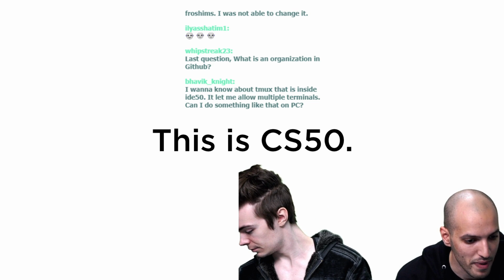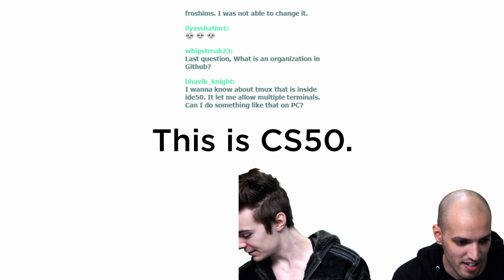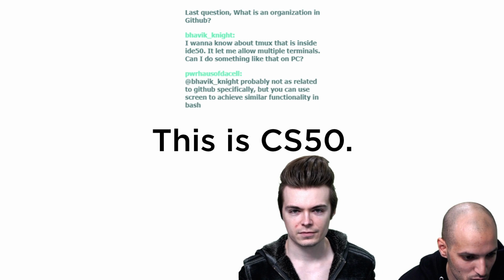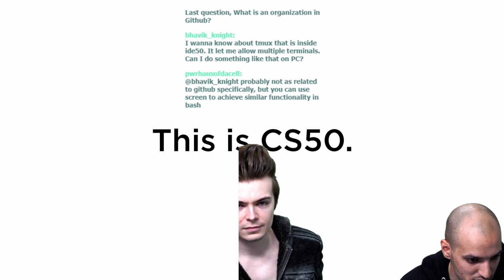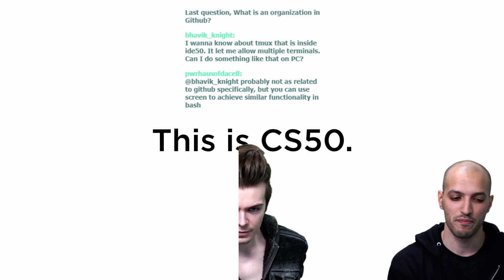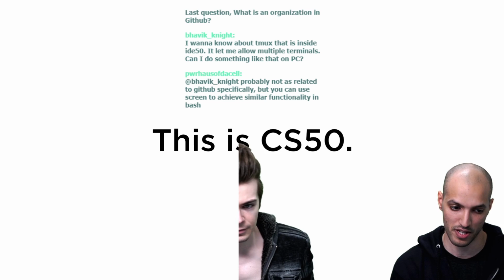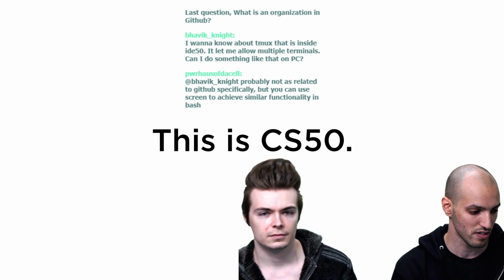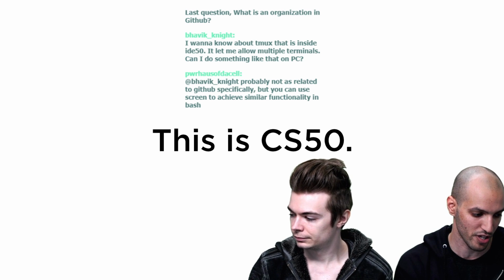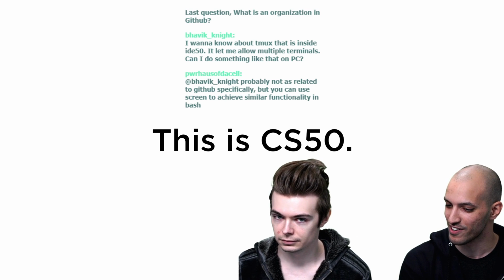Bhavik has another question too. I want to know about tmux. Is that inside the IDE 50? Would it let me have multiple terminals? Can I do something like that on PC? I'm not really sure about the PC options. There might be something like tmux, which is a terminal multiplexer. I use one here on Linux, indicated by this really green bar at the bottom of the screen, which I don't think we can see right now.